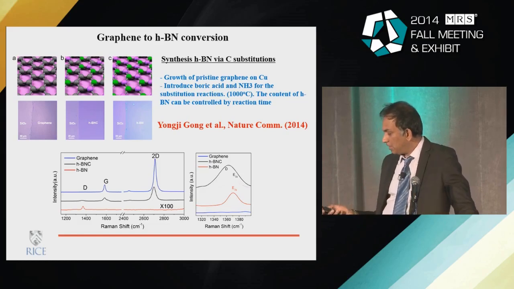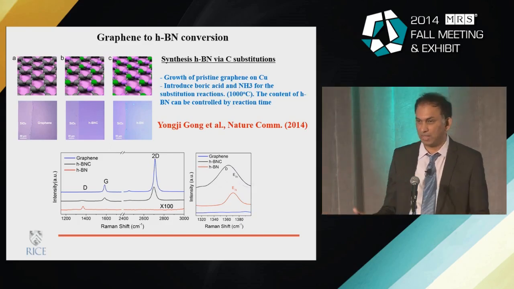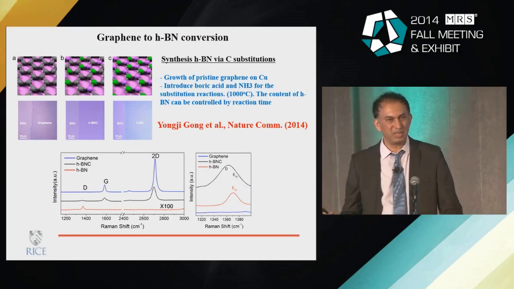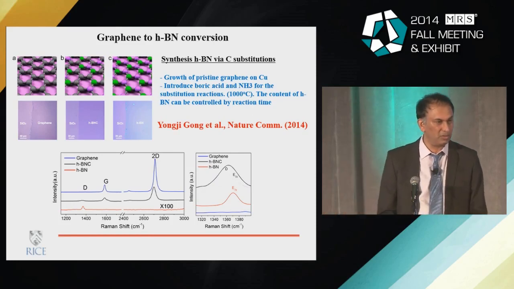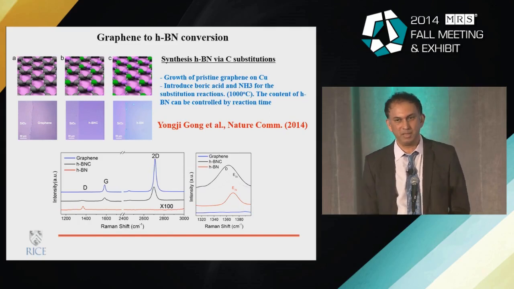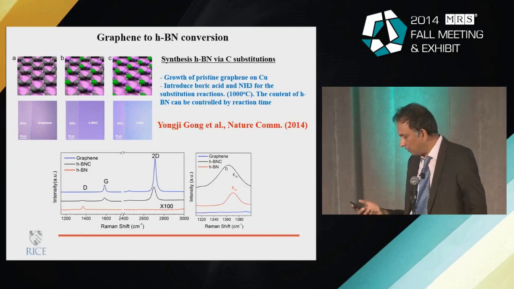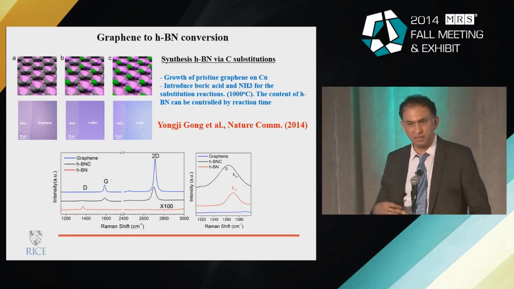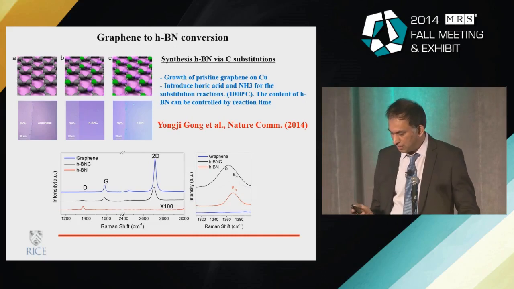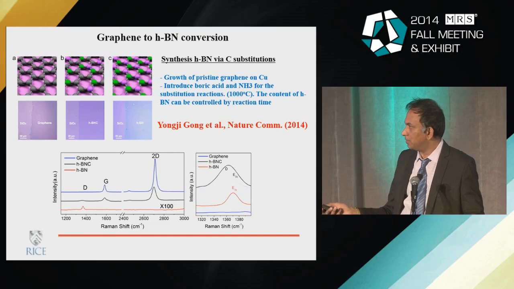So here is an interesting example where we have managed to convert graphene layers into boron nitride layers. In fact, this is something that is already known in the nanotube community. A lot of people are trying to create boron nitride nanotubes from carbon nanotubes by using this type of high temperature reaction. So one could think of essentially starting with the graphene layer and using this high temperature reaction to convert them into other compositions of boron, nitrogen, and carbon.